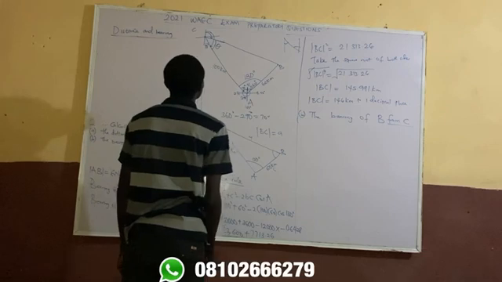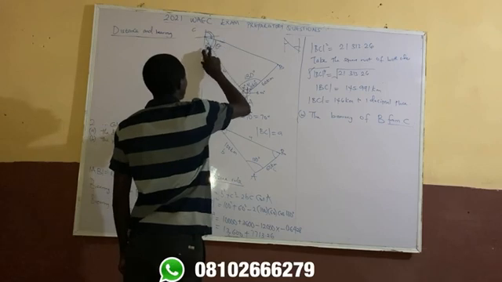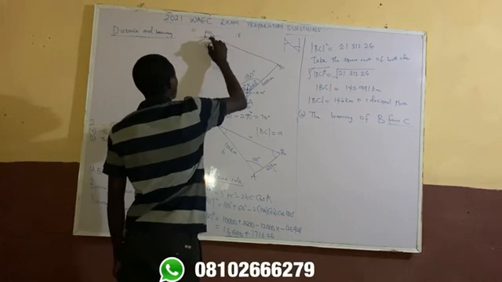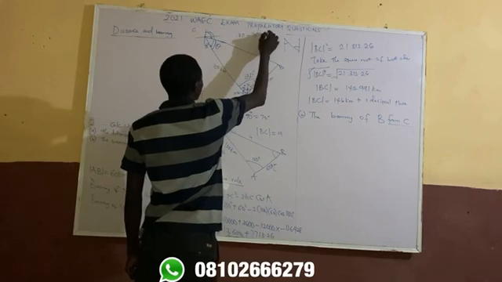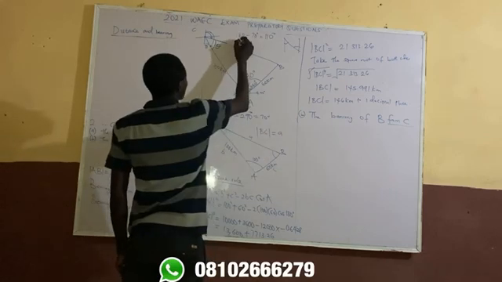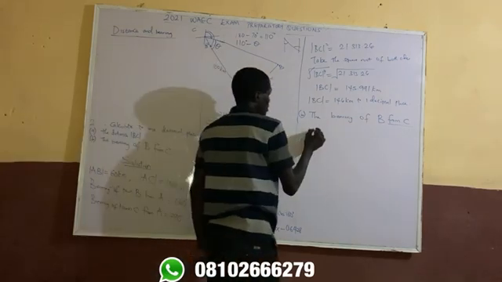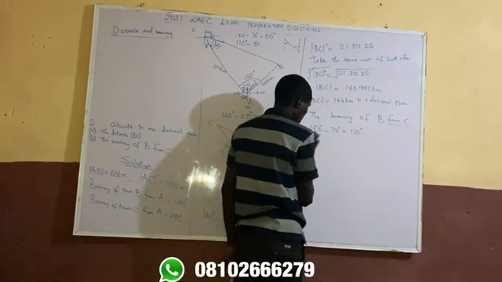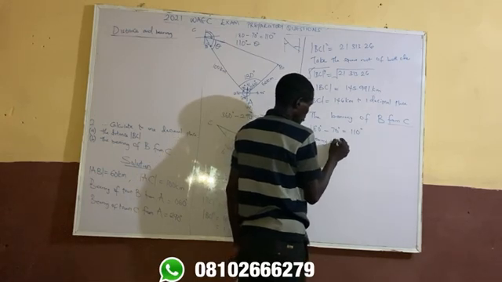Now, to get the angle from here to here, we say this is 180. The whole journey from here to here is 180. So 180 minus 70 is equal to 110 degrees. So the bearing we are looking for will be 110 degrees minus theta. What I am saying is that 180 degrees minus 70 degrees will give us 110, and 110, the bearing of B from